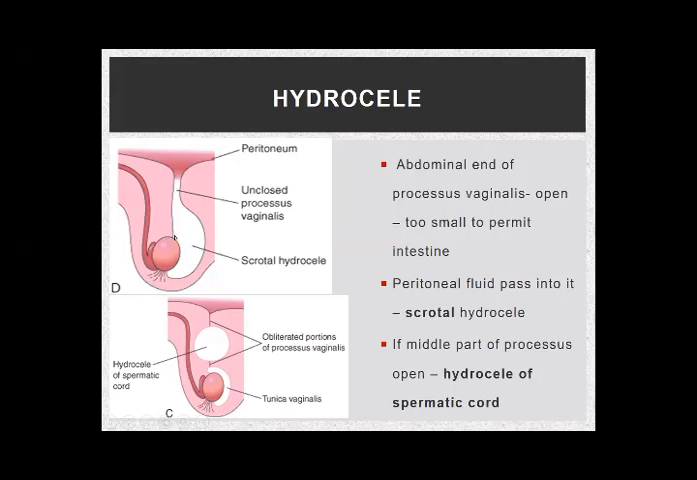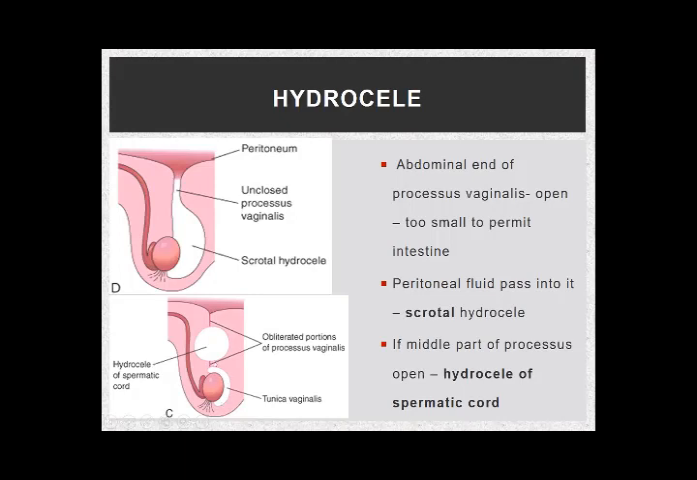So the two layers of the processus vaginalis fill with fluid from the peritoneal cavity. This condition is called hydrocele. Now at times what happens, कि ये तो normal है ना कि tunica vaginalis, which is the remains of processus vaginalis,